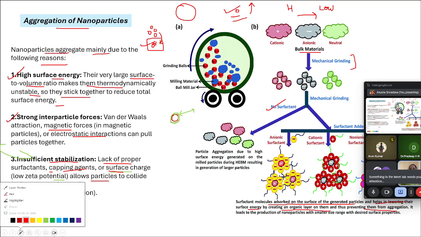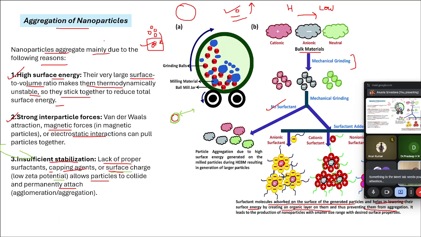Okay, let's come back to the point. So we saw how ball milling operates, how nanoparticles are produced, and if we are not considering this problem of aggregation, whatever nanoparticles we are forming, they would come together, they would aggregate because they have a very large surface to volume ratio, and because of that they have very high surface energy as well, which makes them come together and aggregate. So in order to prevent them from aggregation, what we do is add surfactants, we do capping so that they do not come together and aggregate.